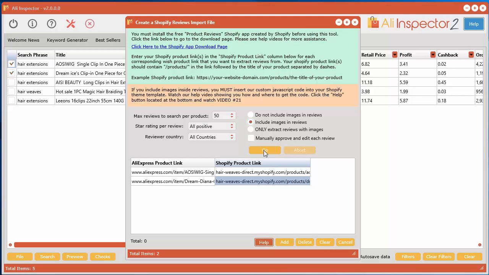But I want to do one extra thing here. I personally like to manually look at each and every review to make sure that it's actually a review that I want. There's going to be a lot of reviews that don't even make any sense because it might be in a different language. Or maybe it's not even readable, you know what I mean? Or maybe the images are horrible. So it's a good idea to manually go through and check each one. So with that said, I'm going to go back down to 20 here, so I'm not here for a long time. Let's go ahead and click go.